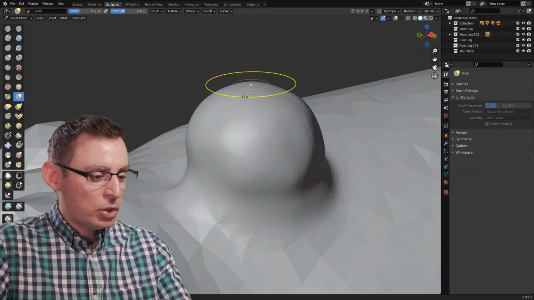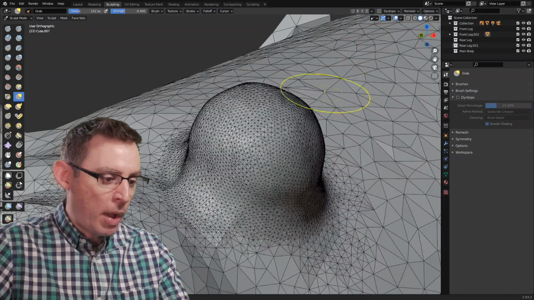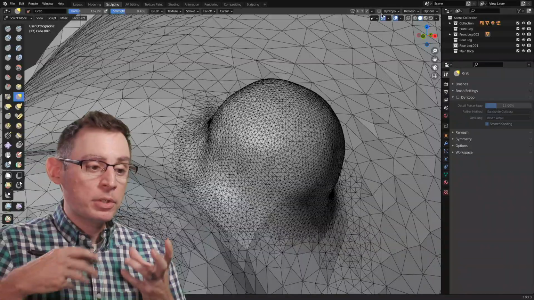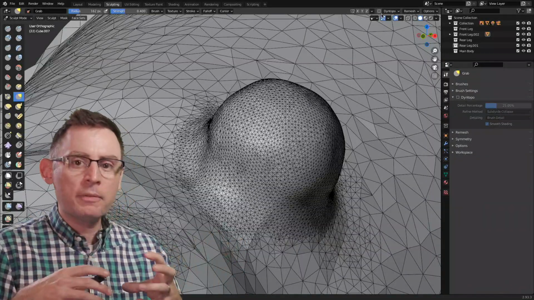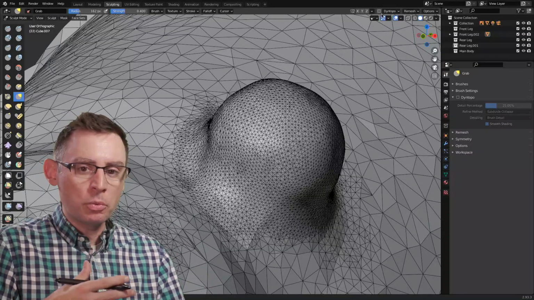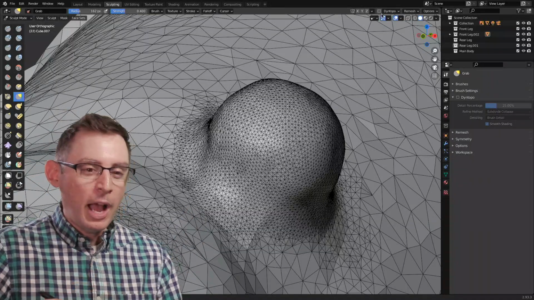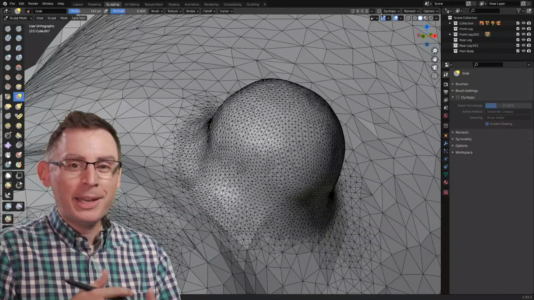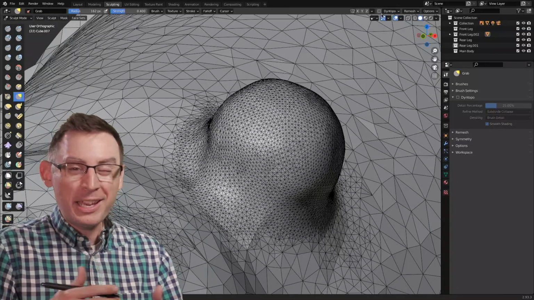Let's check it out. I'm working on the ear here, and I've just gone in and done a little Dyntopo action, as they say. Added some more polygons. I've turned the Dyntopo system off. I like to use the Dyntopo system to infuse a lot of small triangles and then use my traditional sculpting tools to continue to work. If I need more polygons, I can always turn the Dyntopo system back on. I find that turning it off is a good workflow modifier, so I'm not accidentally adding additional details and small triangles in areas that I don't need them.